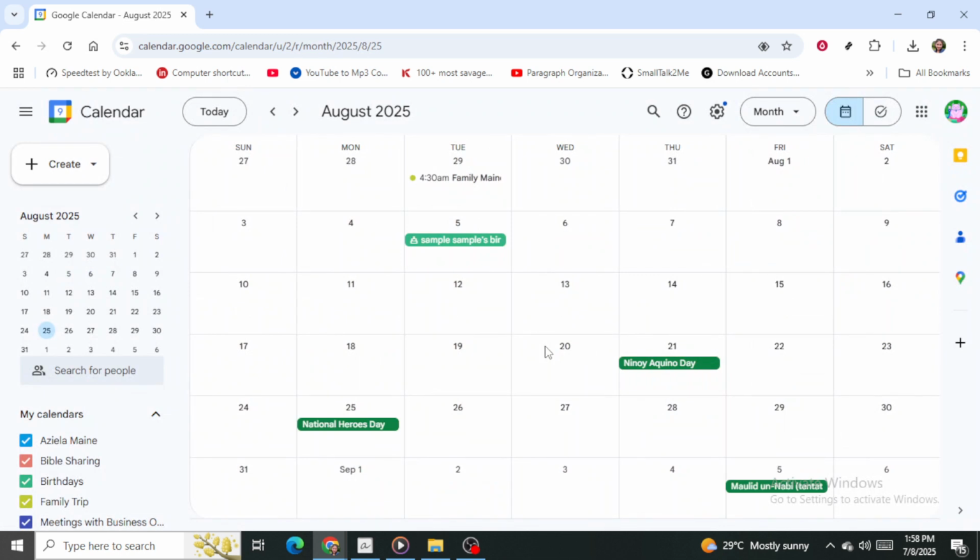Finally, watch as Google Calendar does its magic. It will automatically take you to the specific date you just entered. This seamless transition makes it incredibly easy to focus on the tasks or events scheduled for that day without the hassle of manual browsing. This feature can save valuable time, especially for those with busy schedules and multiple appointments spread